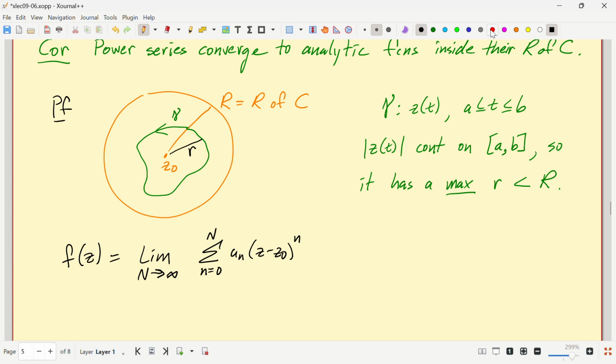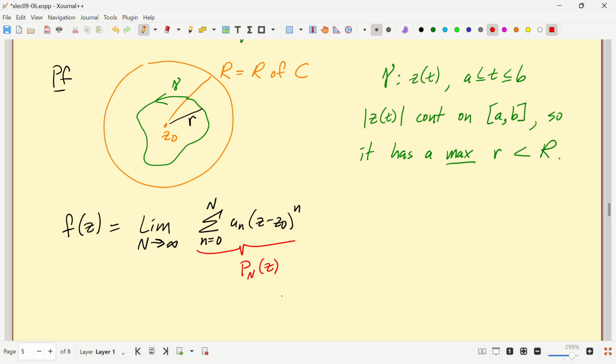Let's call this polynomial p sub N. We know that those tend to, remember that if I shrink the radius a little bit, I get uniform convergence. These are going to tend to f of z uniformly